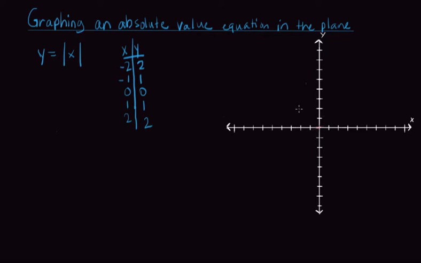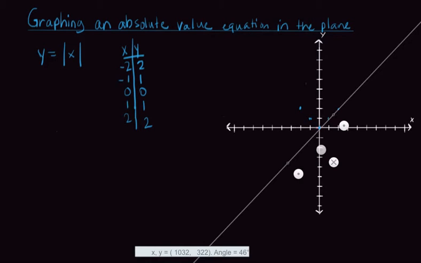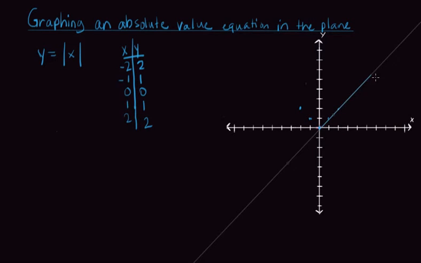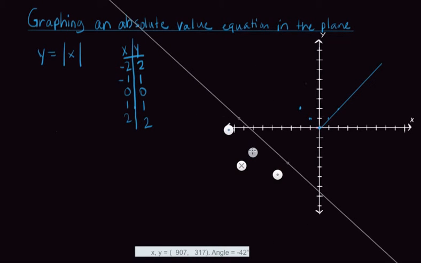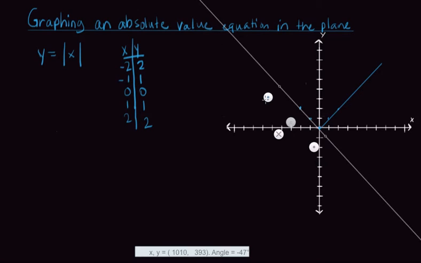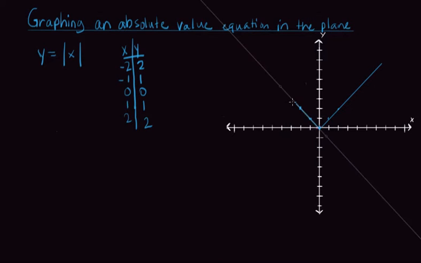So if we graph that, -2 is here, -1, 1 is here, 0, 0, 1, 1, and then 2, 2 is here. So if we graph it, it's going to look like a V shape. So it makes a V-shaped graph,